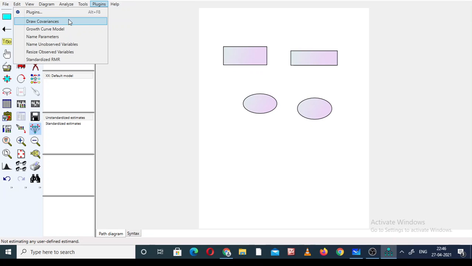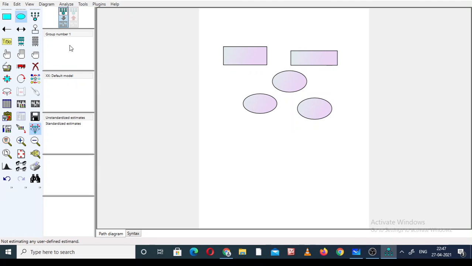So 1, 2, 3, 4, 5, 6 are here. We can insert many more, and what the use of all these is we will discuss later in the next video. Before starting to work on AMOS, we have to know how to add and use all these plugins. So plugins is a very important part. We will definitely discuss this.